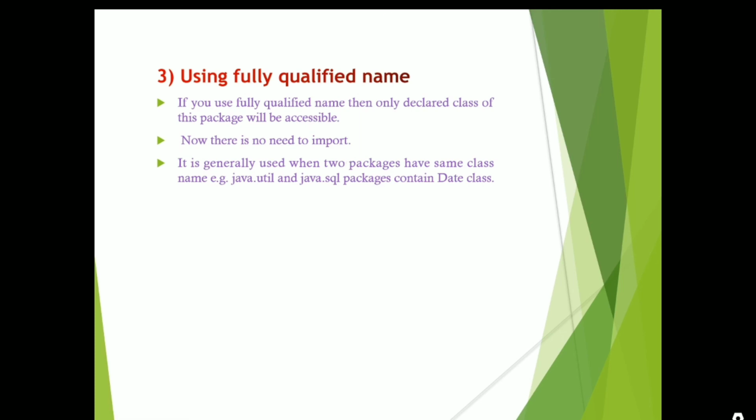This can be used when we have two packages with the same class name. For example, java.util and java.sql packages both contain the Date class. In those situations only, we use java.util.Date and java.sql.Date, the fully qualified name.